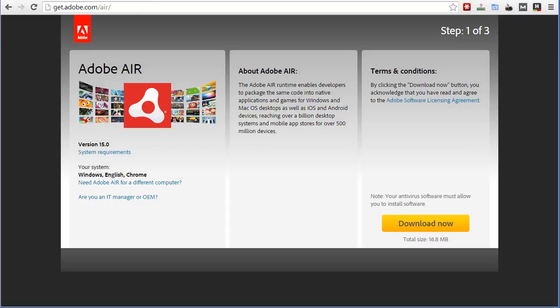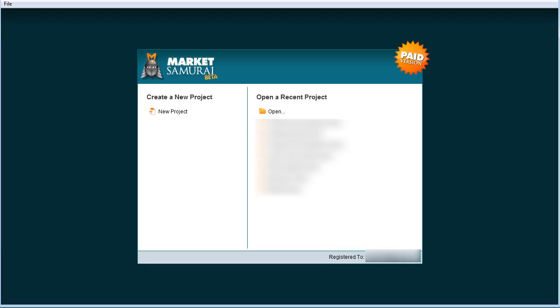So I'm just going to open up Market Samurai here. Okay, this is what the software should look like when you first open it. If you're watching this video at a later date, it might look a little different since they're always updating, but the features should be more or less the same. So from here you want to click on New Project,